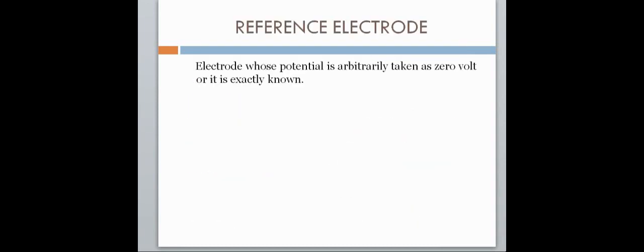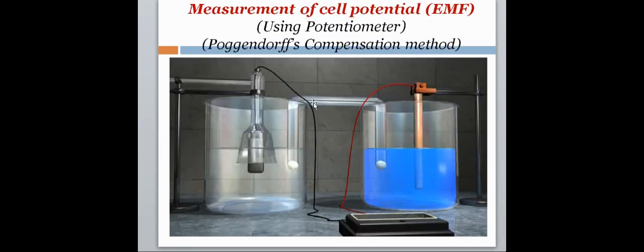Out of those two electrodes, my dear students, sometimes one of the electrodes is used as a reference electrode or a standard electrode. To find out the electrode potential of the other one, I need to know in advance the electrode potential of the first electrode. For example, suppose this is the electrode potential which I do not know. Both are electrodes, no doubt about it, but this acts as a reference electrode, and this is my electrode whose potential is unknown to me.